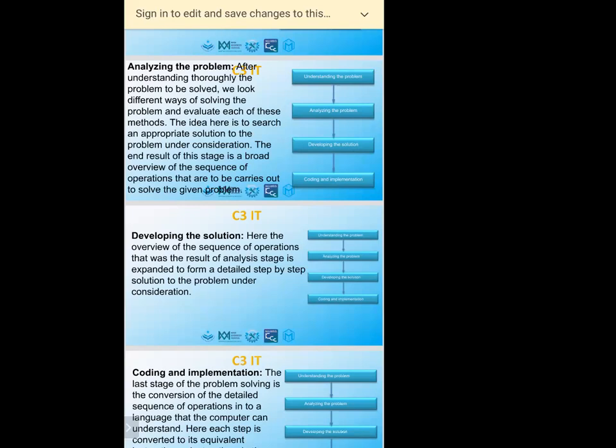After developing the solution, then we can go for the coding and implementation. So I know these are the steps I have to do. This is the software I'm going to develop. This is my input. This is my output. Using the flowchart, I have written everything, all the plan, everything is ready. Then you have to select one to start the coding.